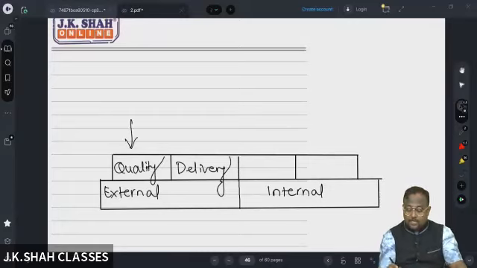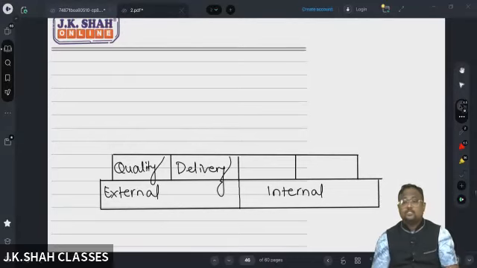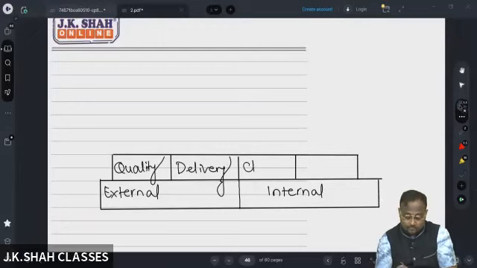If you take care of quality and delivery aspects, your external satisfaction part is taken care of. Your customer will never leave you. तो फिर इंटरनल में क्या आता है? इंटरनल में आएगा साइकिल टाइम।